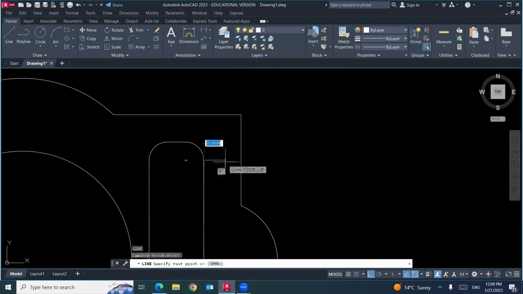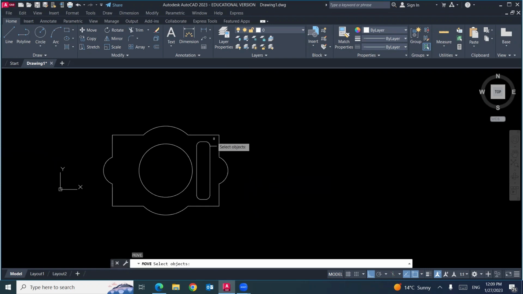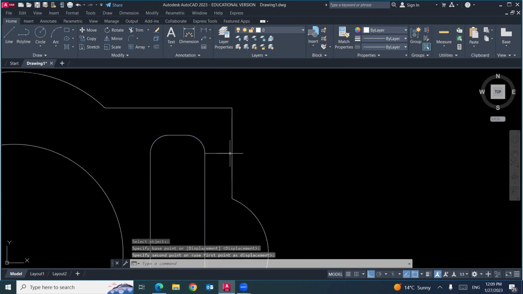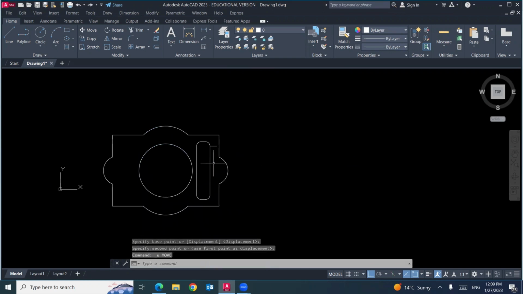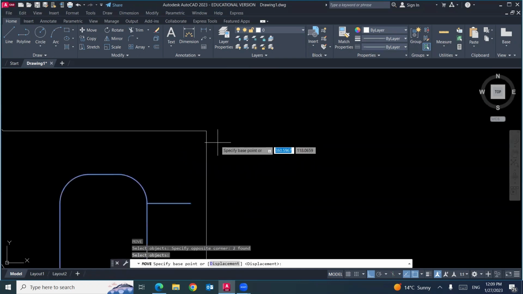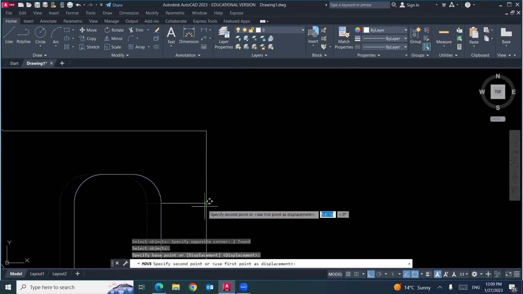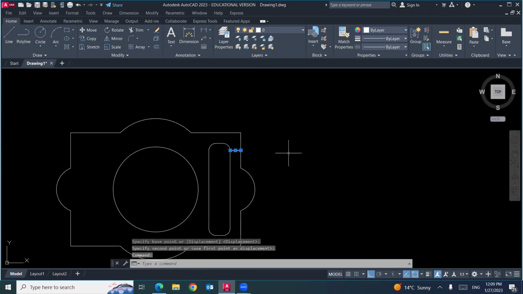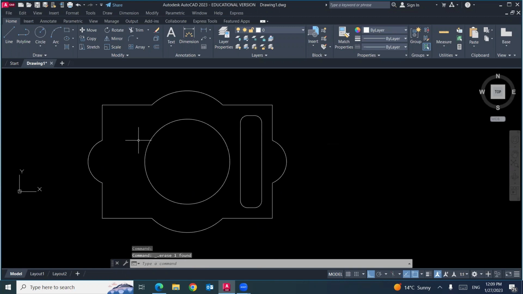We can draw a line here, 15, and then move the whole object. Actually, we have different options, but so far, I'm trying to solve the problem with the commands I learned. Then I can delete this line. So I make sure the distance is 15 right now. We can make a copy on the other side.